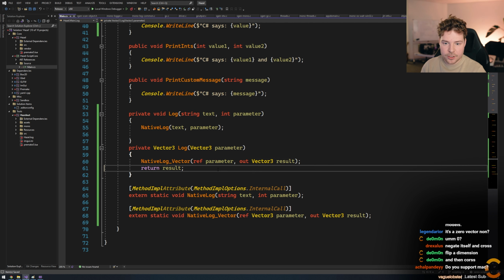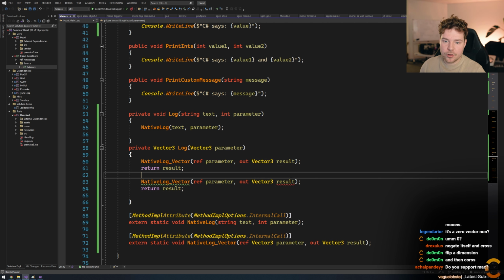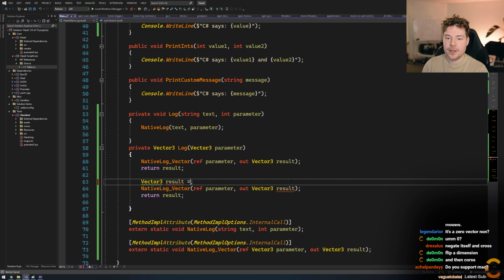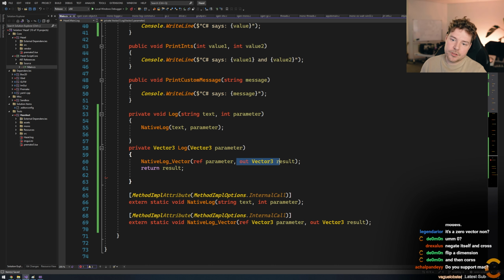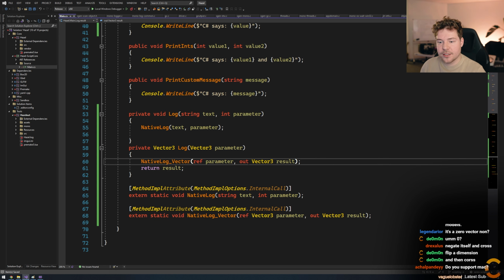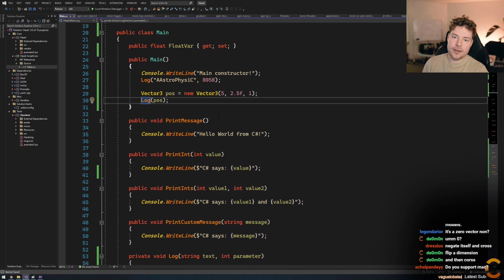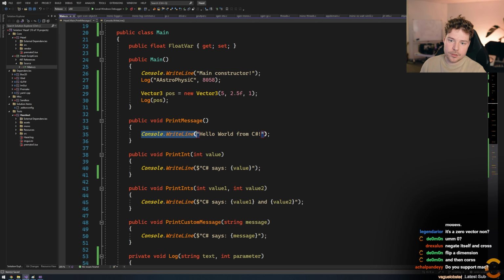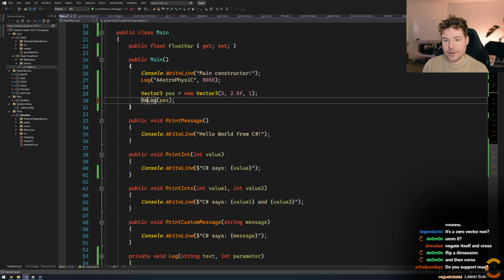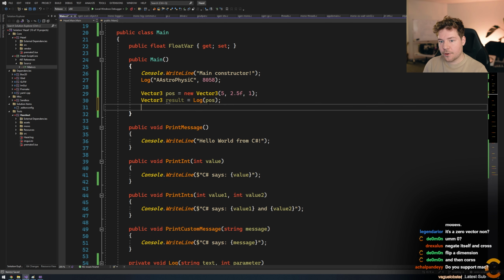Or obviously you could write this in a bit of a different way in C# if you wanted to. If it makes more sense to you, you can write it like this, where you make a Vector3 or whatever. I guess you do have to initialize it, right? And then you just do out result. But it's nice to also write it inline like that. It makes a variable in this scope, and you can now use it. So we've constructed this and we've passed it directly into that function. And then obviously now we can do Console.WriteLine with that Vector3. So we get our resulting vector from that.